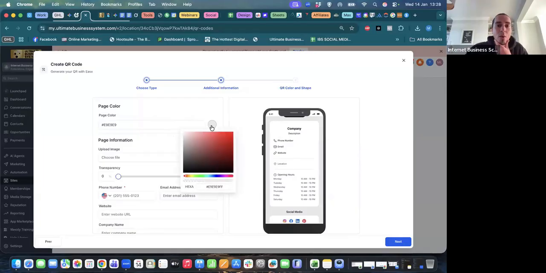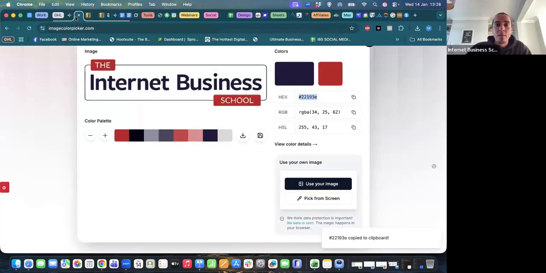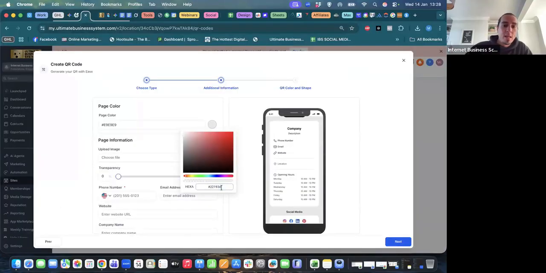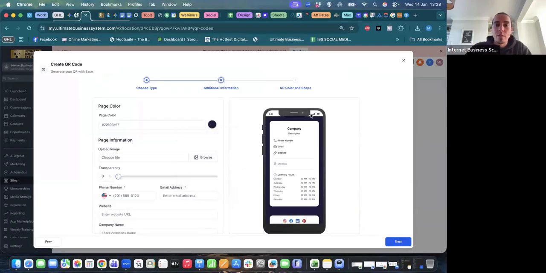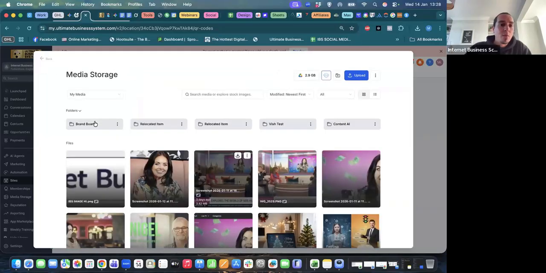So we're going to go page background. For example, remember I said sometimes the brand board that you create doesn't show up with certain resources within this platform. QR codes are one of them. But fortunately, we have this for us to be able to find the hex color. So I can select the blue hex, put it in there, and that will show up. So now you can see the blue background. Page info, upload image again, brand board,